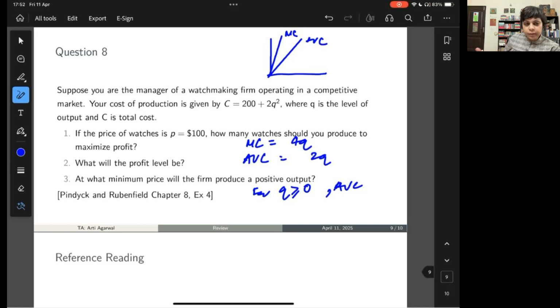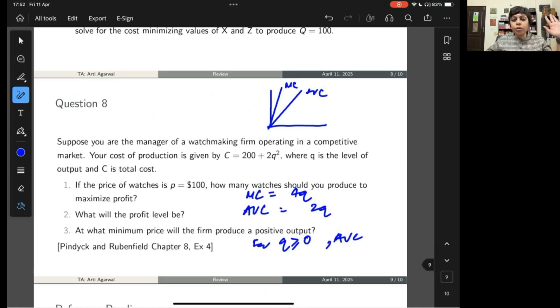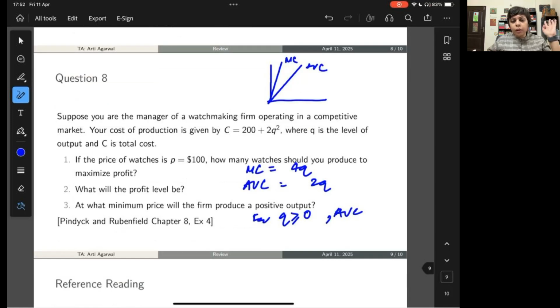This is pretty simple question compared with the questions we have done. And you can calculate how many watches by taking the simple partial derivative, or you can do it some other way. Okay, so I had to rush through the last 2 or 3 questions, firstly because I'm not actually feeling too well, and secondly because these questions I have discussed many times in the last 2 classes alone. But I will upload all the solutions in the class notes, which I usually upload. And if you still have some doubts, tomorrow we still have another class, week 12. If you still have some doubts from today's discussion, I will address it tomorrow.